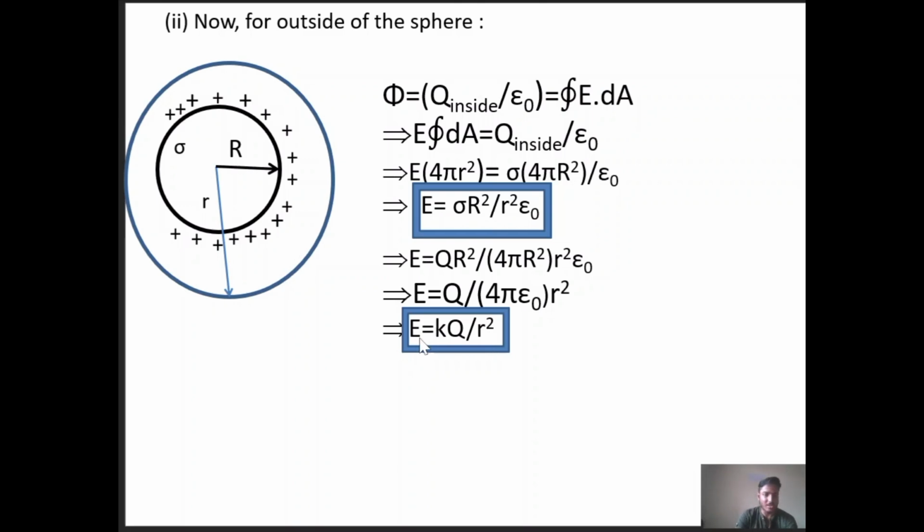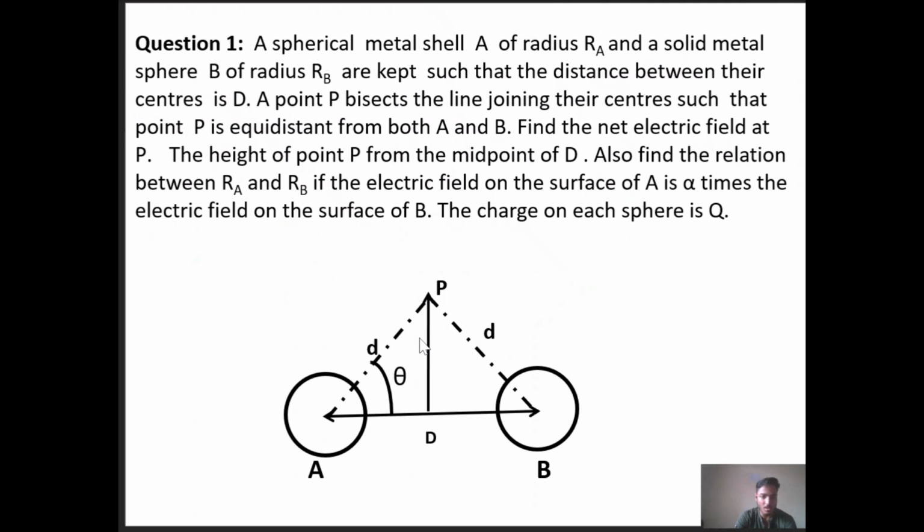So now let us practice a few questions, and these questions will make your concepts more clear. The first question is: a spherical metal shell A of radius RA and a solid metallic sphere B of radius